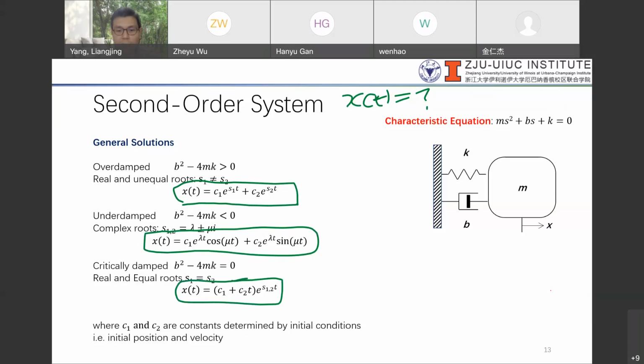Okay, right. So these are initial value problems. Okay, this IVP, we call it IVP, initial value problem, allows you to solve for your C1, C2 if you know the initial conditions. Okay, so this is a case where you are given